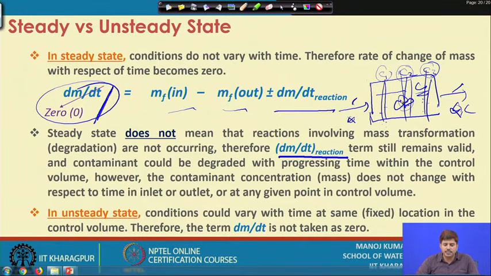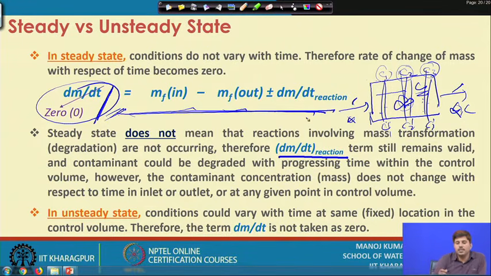Whereas in an unsteady state system, conditions could vary with respect to time, even at the same fixed location. If the concentrations here are C1, C2, C3, after a couple of hours you will see the concentrations become C1 prime, C2 prime, C3 prime. These could be different numbers in an unsteady state system. Because things are changing with respect to time, there is a possibility of accumulation, a possibility of change of concentration within the system. So, this term is not 0, and the entire classic mass balance equation remains valid in such cases.